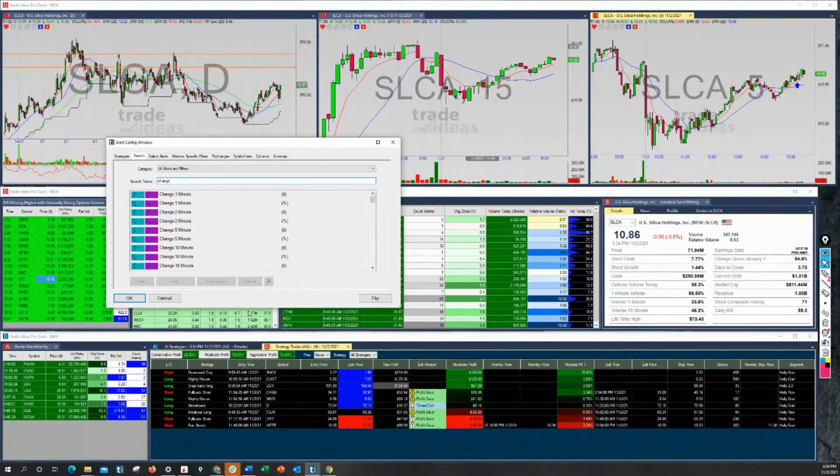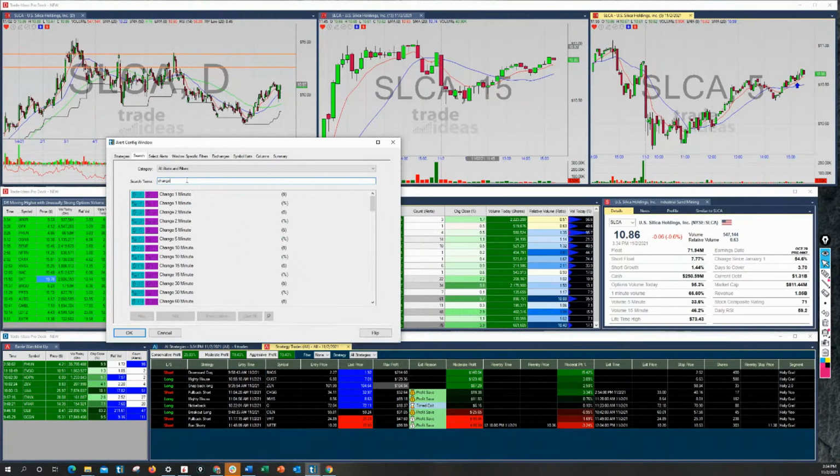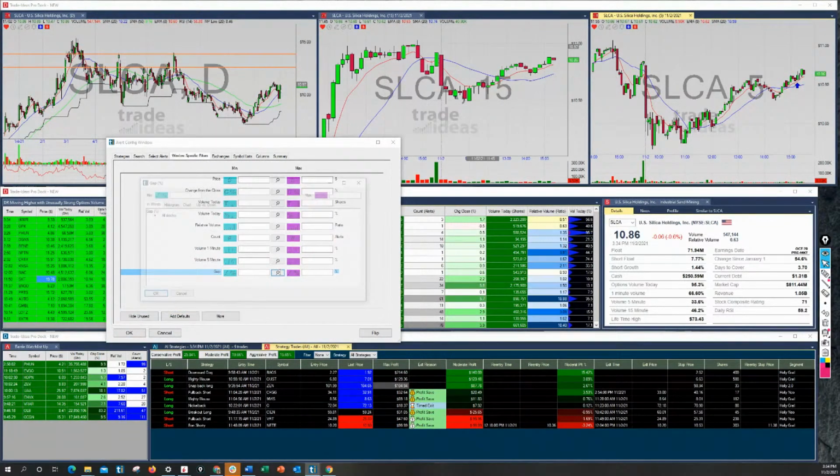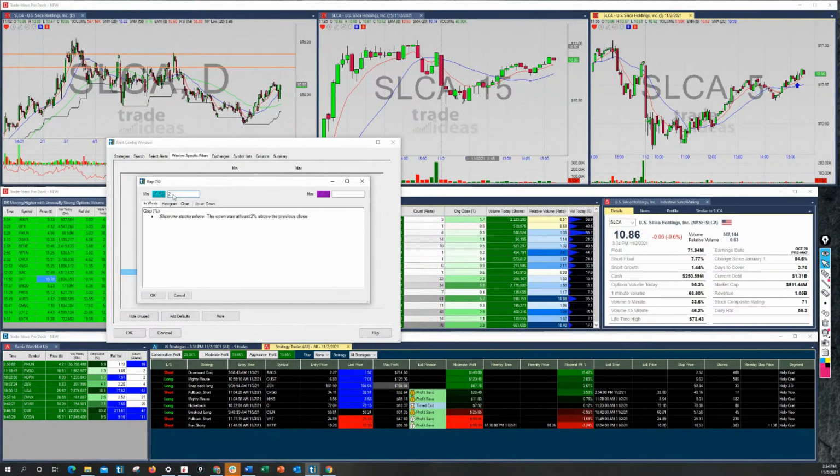If we're looking for a reversal up, let's go with a gap actually. And we're going to go with gap and percent. We're going to add that filter and we're going to use the show me function. And let's put a 2 in here for percent. So show me stocks where the open is at least, whoops, we want a -2. So show me stocks where it was below the close. There we go. This is what I want. So we want to see stuff that was at least gap down 2%. All right, so we want a -2 in the max. So let's start there.